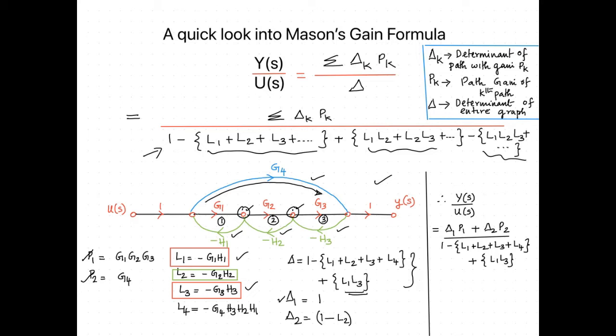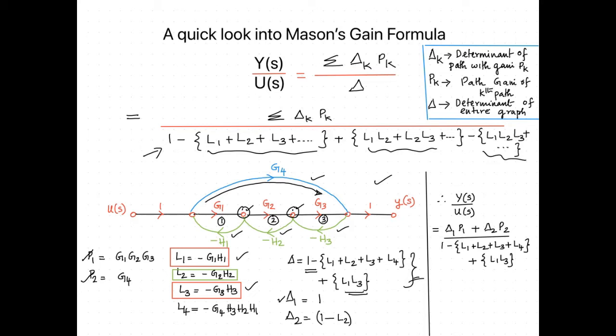So here in this case we consider delta 1. When you consider delta 1, you need to remove the path P1. There are no loops existing when the path P1 is removed. Hence none of the loops are used in this equation for delta. So what remains will be just delta equal to 1, and hence we have delta 1 is equal to 1.